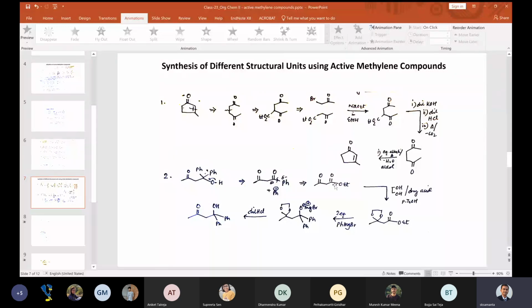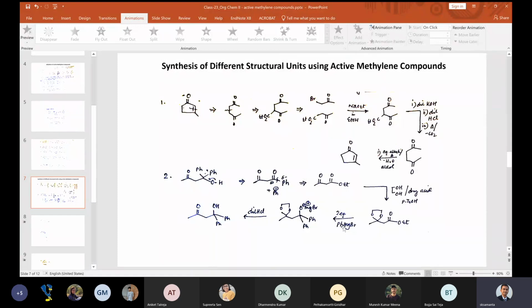Ketone is more reactive than ester. If you use PhMgBr, it will react at the ketone center. So you protect it. How do you protect a ketone? You use a diol, right? You need to form a ketal, because normal acetals and ketals are not that stable for a ketone, that we know. So we need to use a cyclic ketal.